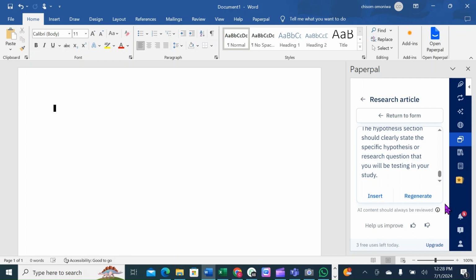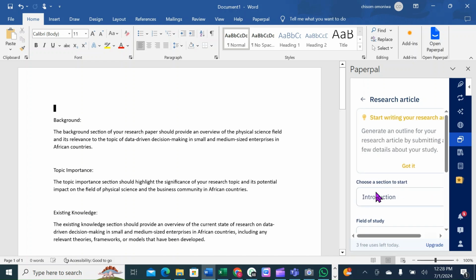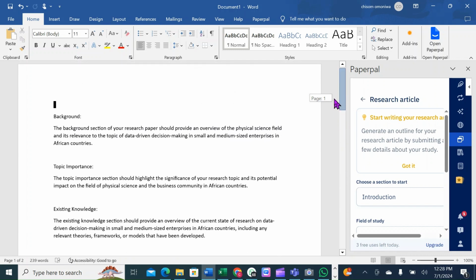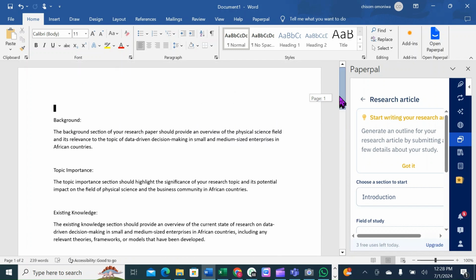So the difference between Paperpal and Jenni.ai is that Jenni.ai at least gives you reference, but Paperpal doesn't give you reference. So that's another backdrop. And you can also regenerate this stuff, or you just insert directly to your workspace, and that's it over here. Then you can go back again to choose a section,